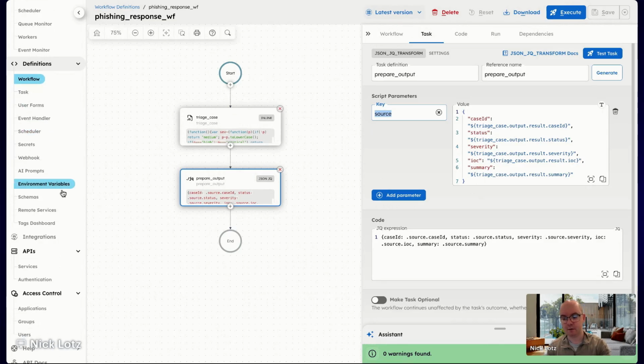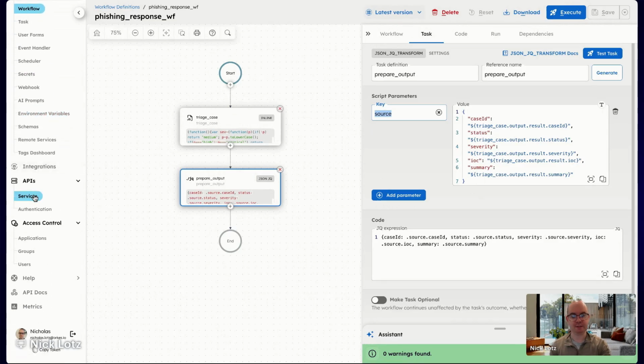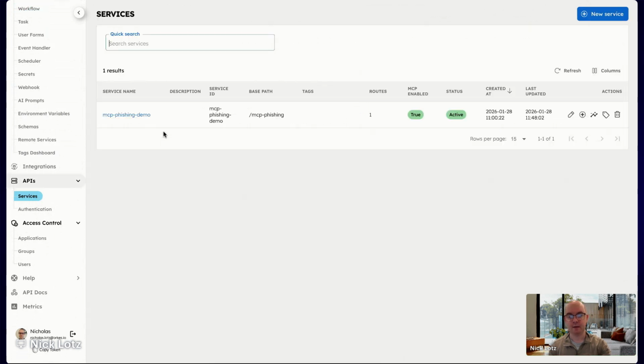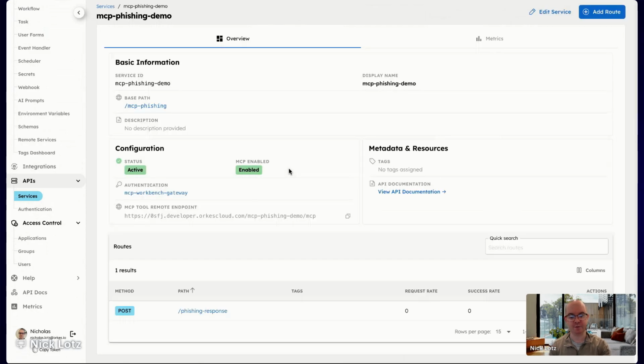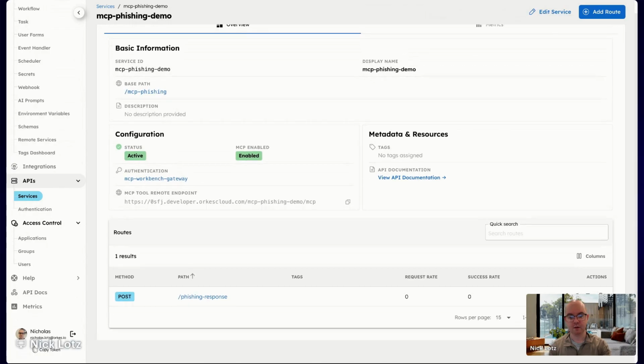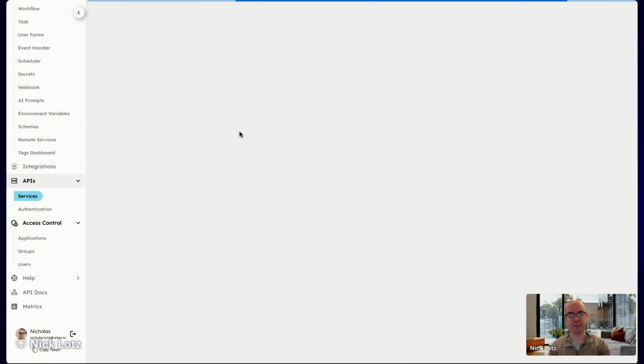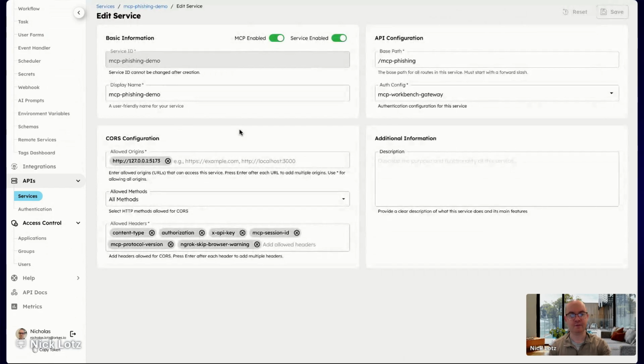That's where service and route definitions come in. So if I go down here under APIs, we can see that I've defined a service that I've creatively named MCP phishing demo, and I've associated a route with that service. If I click into the service definition, we'll notice that I've literally toggled on. If I click edit service, I'll do that here just to show you what the configuration looks like. I've simply toggled on MCP enabled, and what that provides, when I click save here in a moment, it'll provide